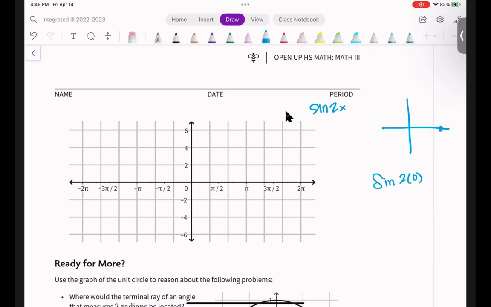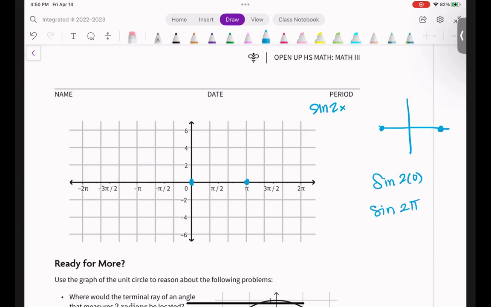So sine of 0, what's the y right here? That's a 0. That's fine, right? Not a big deal. Then I'm going to plug in pi. I'm going to skip around a little bit. I'm going to plug in pi, so I get sine of 2 pi, right? And 2 pi is all the way over here, so again, that's 0,